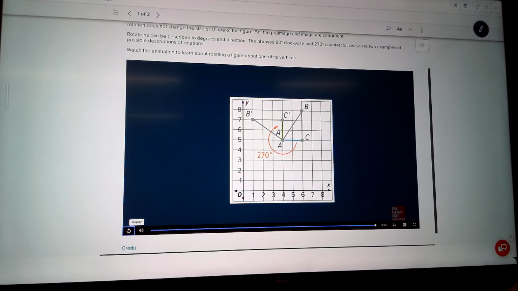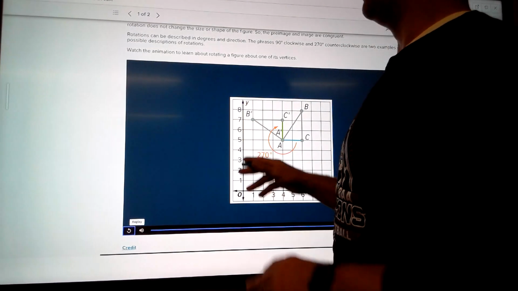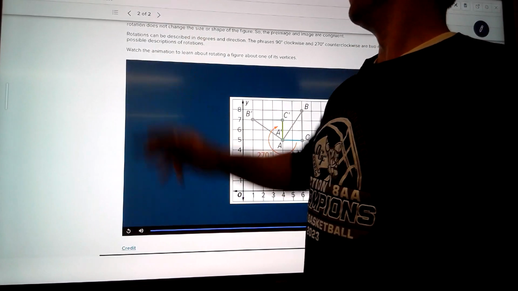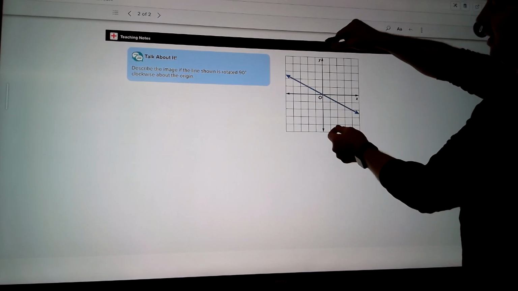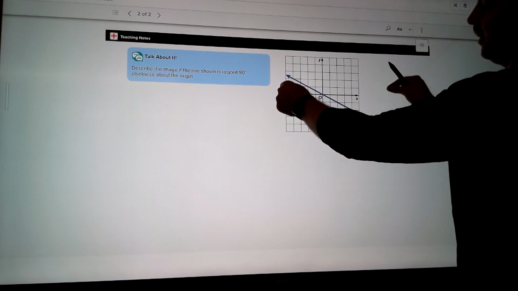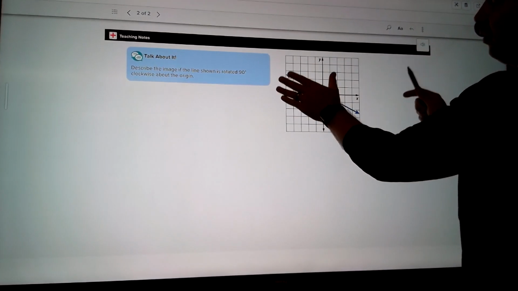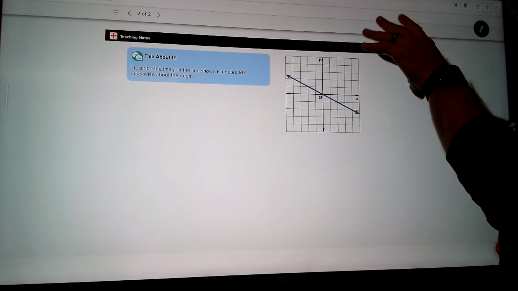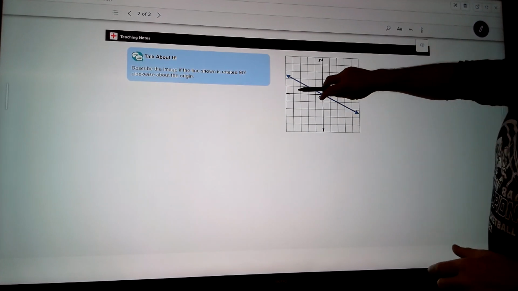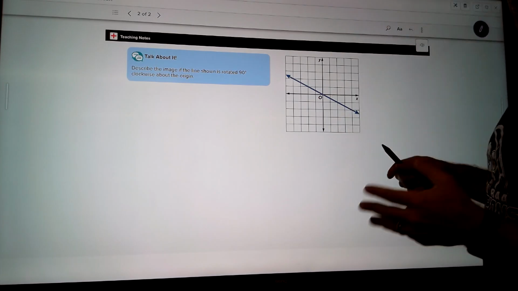Okay, so you get an idea of what that would look like turning about one of the vertices. If this line was going to be rotated 90 degrees clockwise, a good way to think about it is if you were going to take the entire piece of paper and rotate this 90 degrees, what would it look like? So once you would see that, now you would know which way it's going to face, like on a triangle, which way it's facing. It does help to even turn the paper and then kind of get a visual of where it would be,